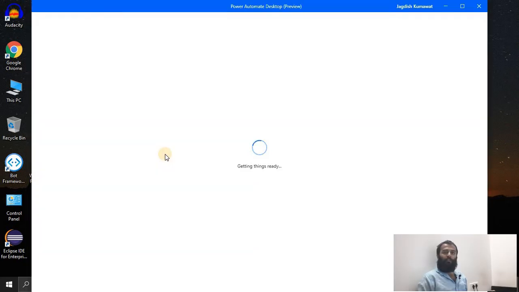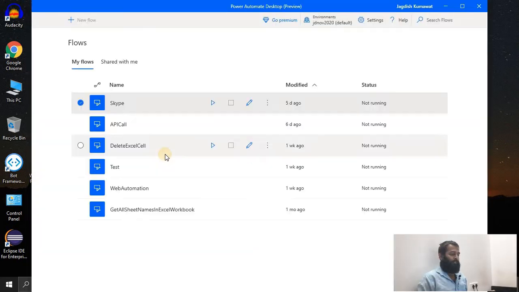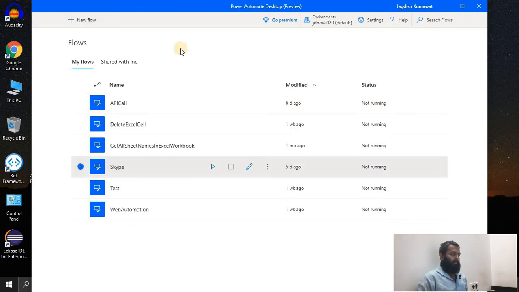I hope you have installed the Power Automate Desktop on your systems. Recently, Microsoft has announced that Power Automate Desktop is free for Windows 10 users. So now you can log in to the desktop app using the Windows 10 credentials. But if you want to run the desktop flows using the cloud version, then you will need the work account. Alright.